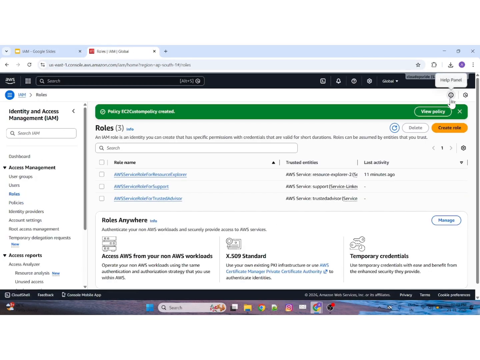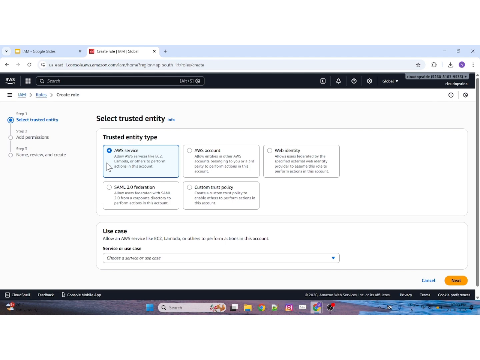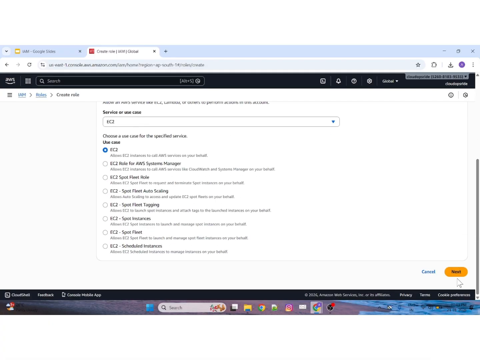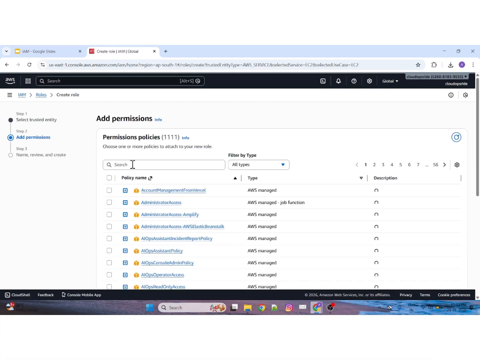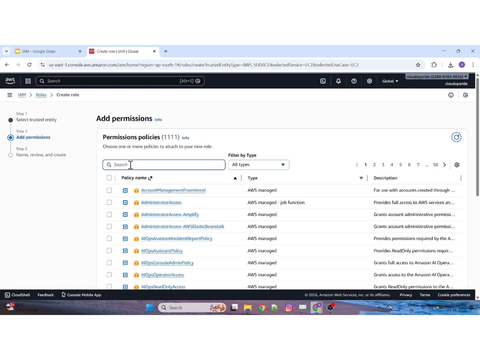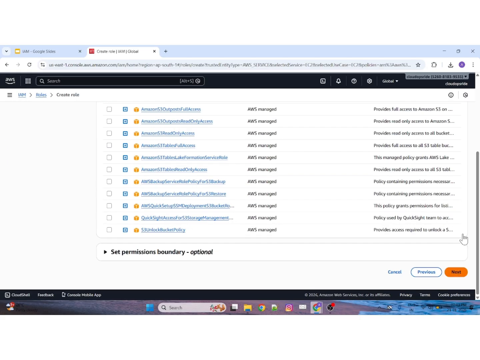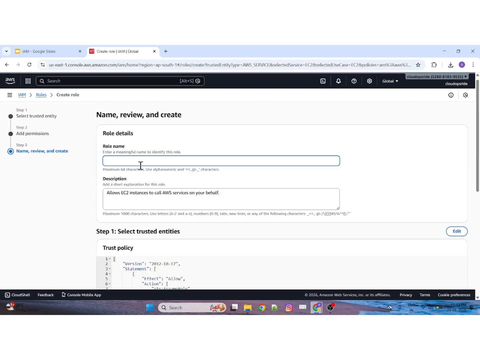So let's come to roles, create role. As I mentioned, you have AWS service, account, web identity, SAML federation, custom trust policy. We'll go with AWS service. So I want to assign an EC2 service for accessing the S3 bucket. So I have selected EC2. Now here we are defining the permissions. So I will be defining the S3 full access permission. Click on next, and I am naming the role EC2 to S3